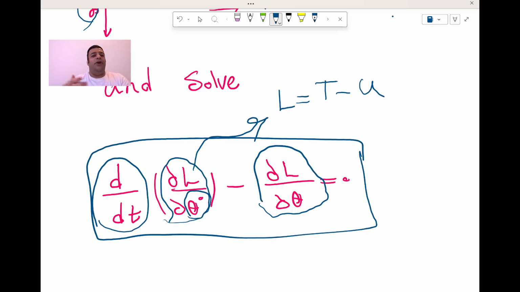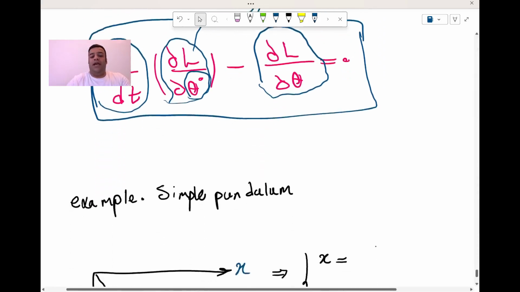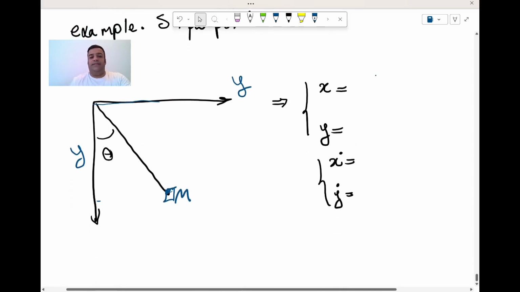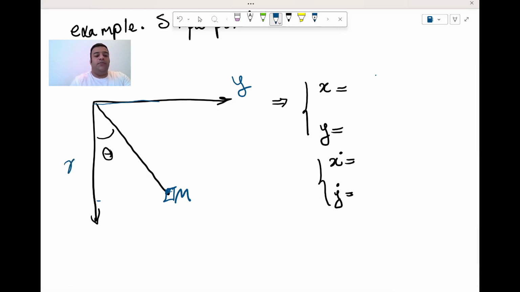I think if you want to understand it better, the single pendulum can help you. What is the simple pendulum? It is exactly something like this. We have a y-axis and an x-axis, and we have a mass that starts swinging back and forth like this, and this is our theta. If we change our coordinates from Cartesian to polar coordinates,